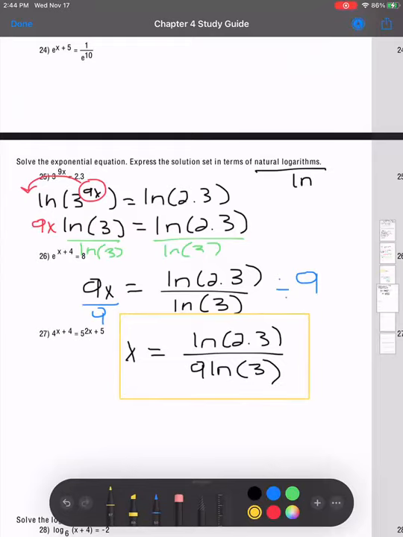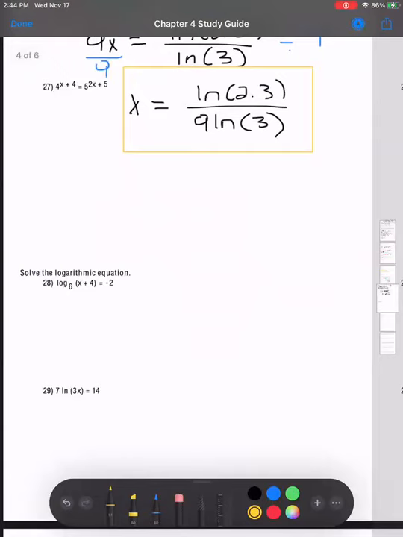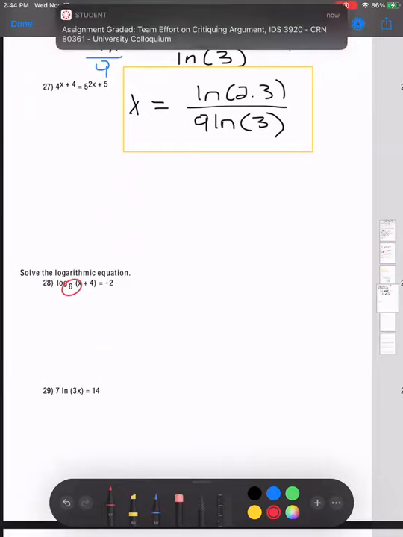Okay, so moving on to number 28. It says solve the logarithmic equation. So you have log with a base of 6, x plus 4 equals negative 2. So the first thing we're going to do is rewrite it. So remember that whatever the base is on the bottom, so that 6 is going to be the base for the exponent. So it's going to be 6,